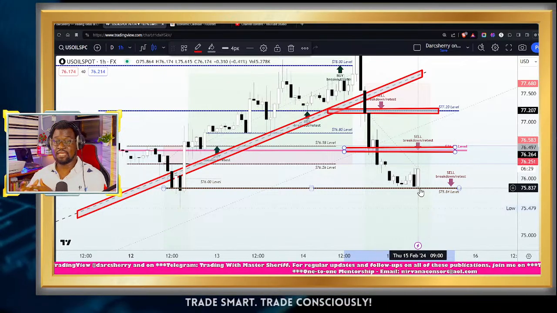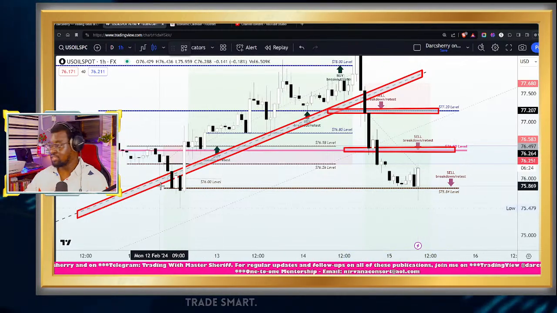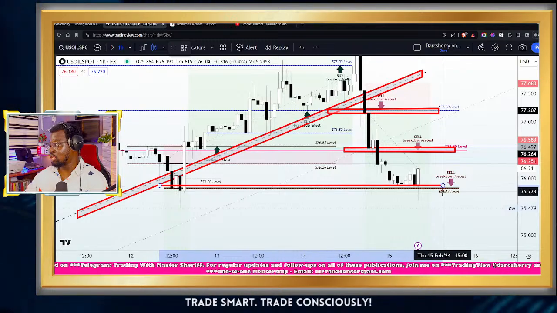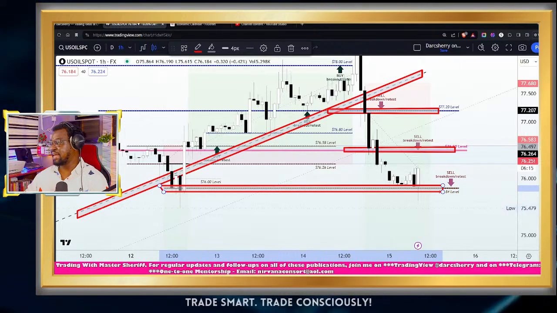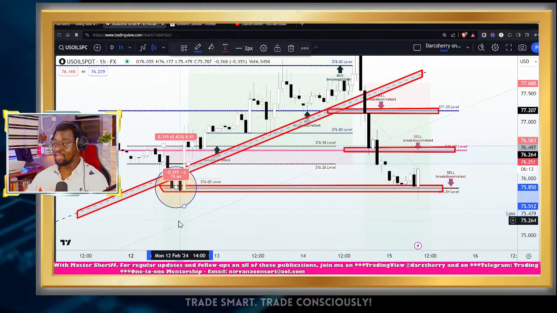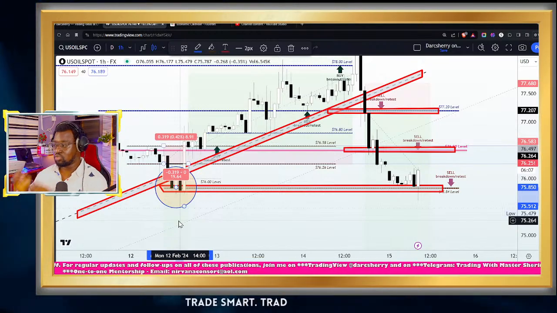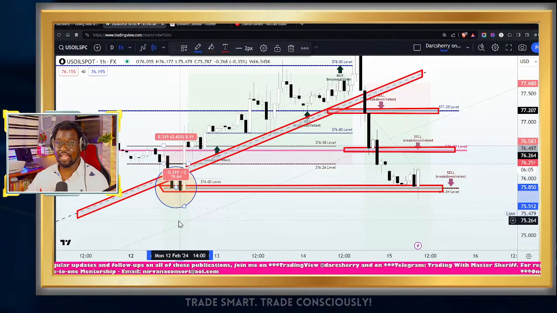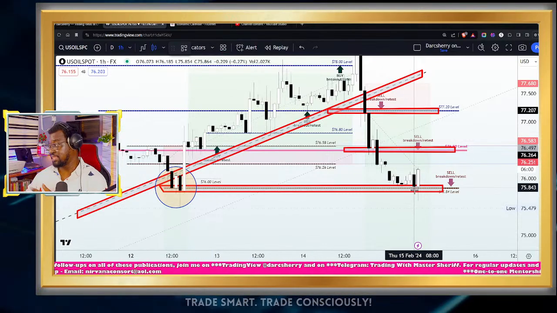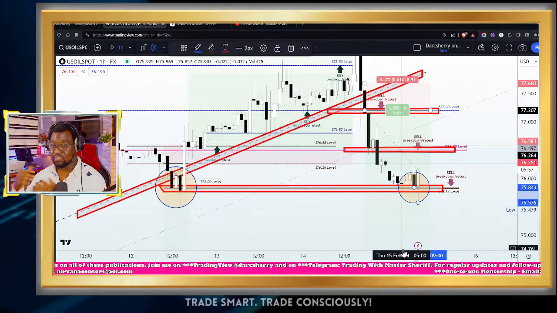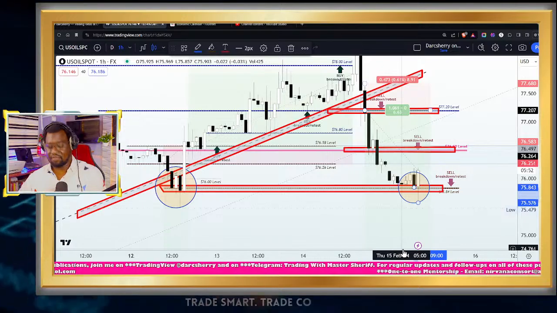And considering the sensitivity of this particular area around the $75.84 level, which of course has a memory for buying power, as you will see what happened exactly around that same area at the beginning of the week. We saw how it became difficult for sellers to break through. As soon as price got into that area, buyers came in to negate all attempts by the sellers to break through that structure. And the same thing appears to be happening right now as price is back in the structure as it did at the beginning of the week. So it's a very, very sensitive area.